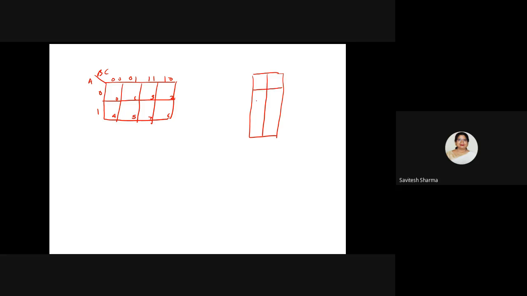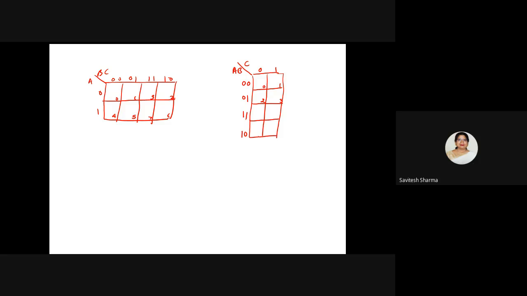This is another way. I can draw the K-map like this also. So here 4 cells are there in vertical, so I can write A, B here and then C. Here again you will write the 4 combinations. The sequence, please see, is not in binary sequence. So in this way, if you see the cell numbers, your cell numbers will be like this. So this is another way.